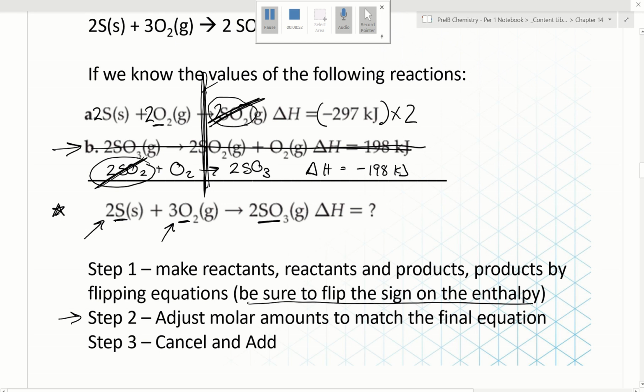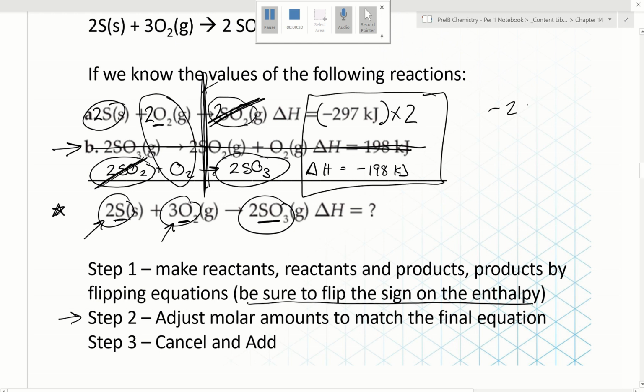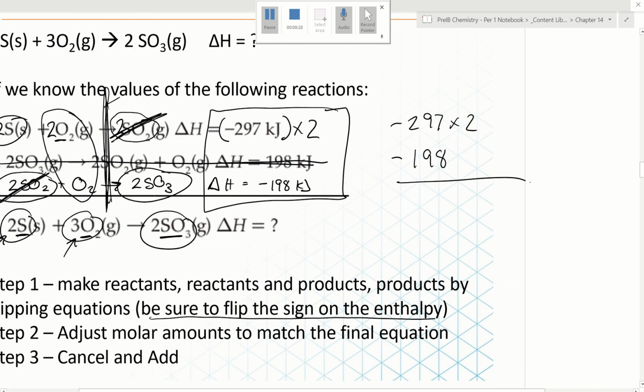Now, I like to cancel things out and then make sure that what I'm looking for in the final equation is what I'm left with. So I have 2 sulfurs, 3 oxygens, and 2 SO3s, 2 SO3s. So now that I know that I've got everything where I want it, the last thing we have to do is add up the enthalpies. So I have negative 297 times 2 minus 198. So when I carry that out,